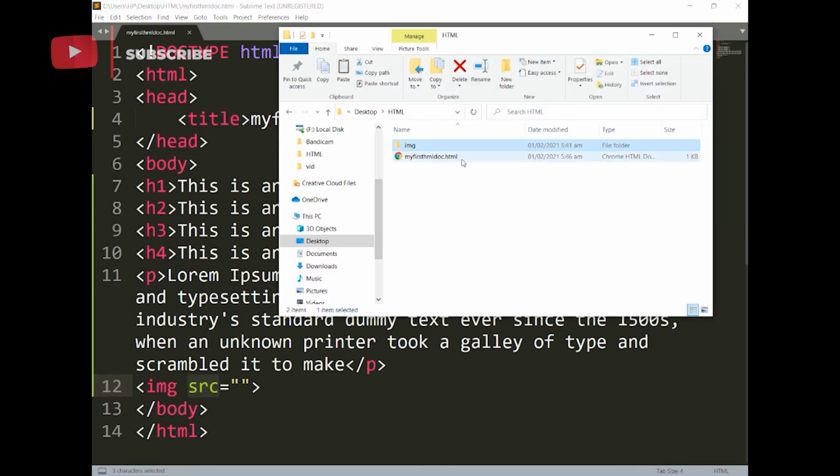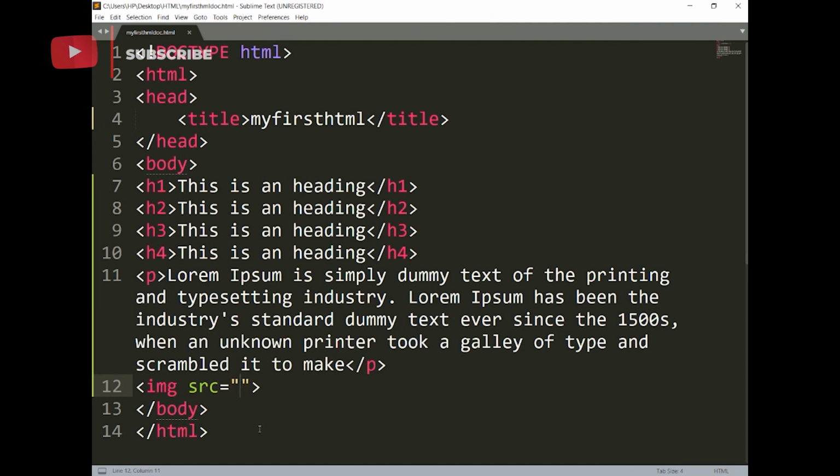Now the image I want to get is in this image folder, which is img. So all I need to do is to input inside the src right here the name of the folder where I want to locate my image from, and the name of the image itself. So slash the name of the image, which is